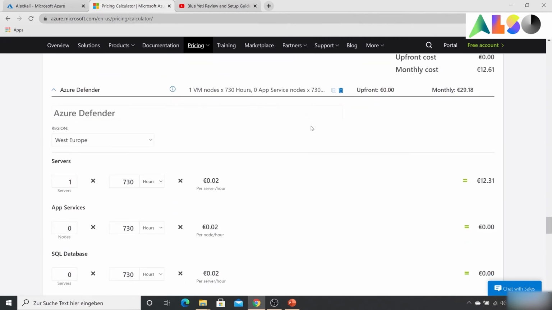Last but not least, we put in the Azure Defender. And why are we doing this? Because we don't want to use a jump host in front of the domain controller. We can do that, but we have to put on another machine that will run Windows Server, and you have to pay for the server and for the license for that. We can do that, but in my opinion, it's better to use Azure Defender, because we can